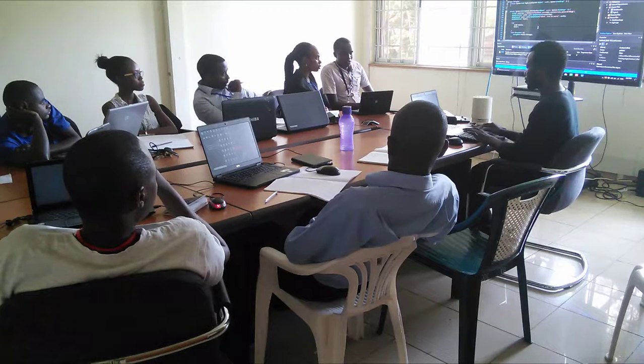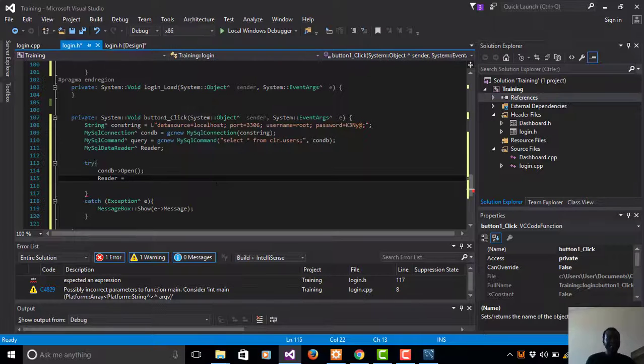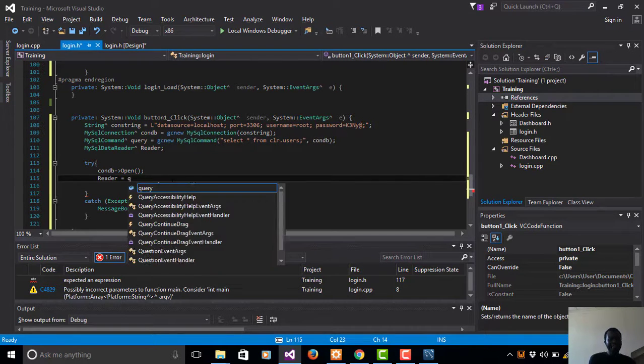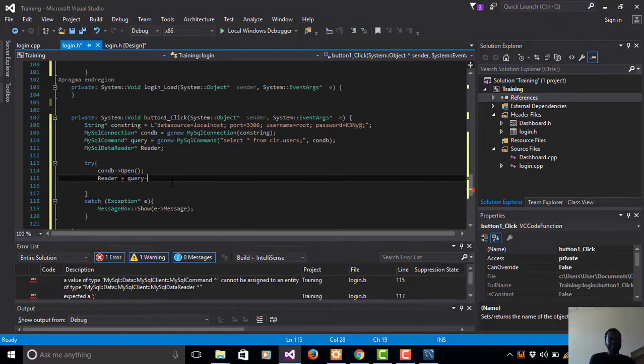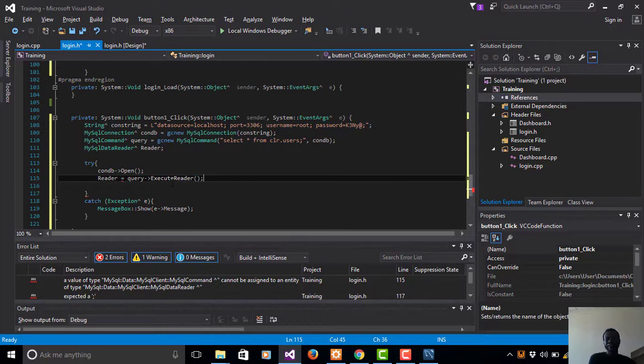So reader is equal to query. You guys see the query up here. So reader is equal to query execute reader. Now I'm executing my reader. Okay, so the reader is equal to query execute reader,